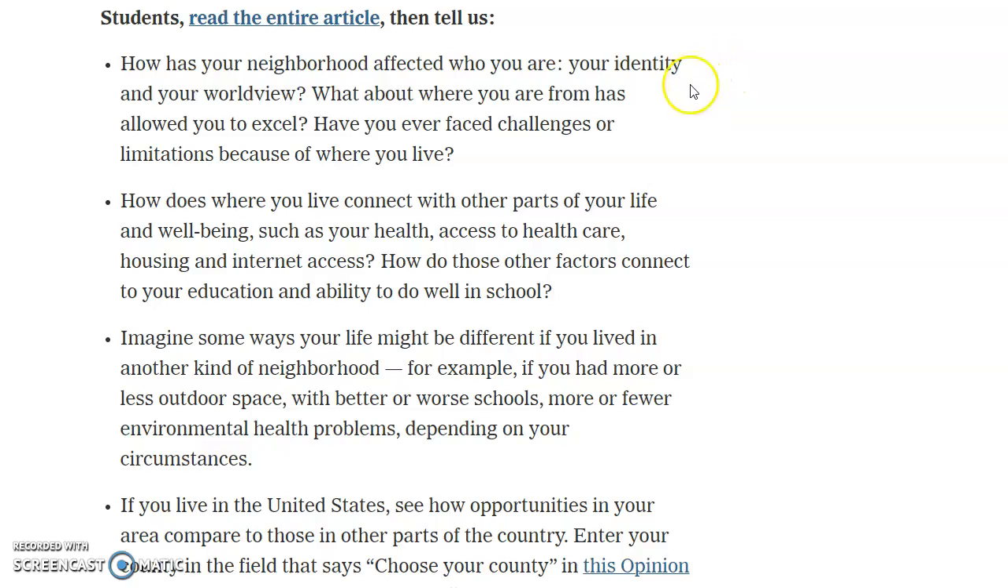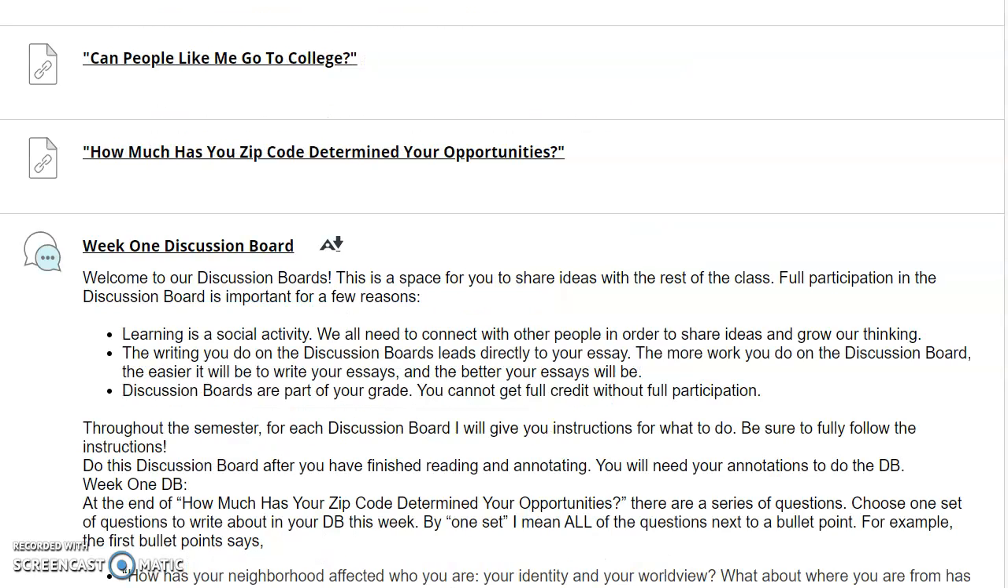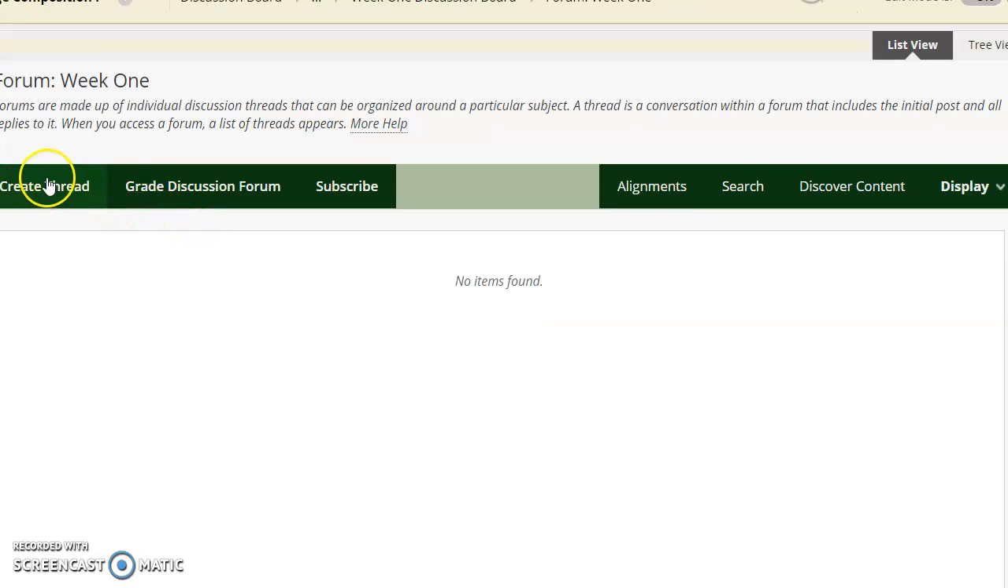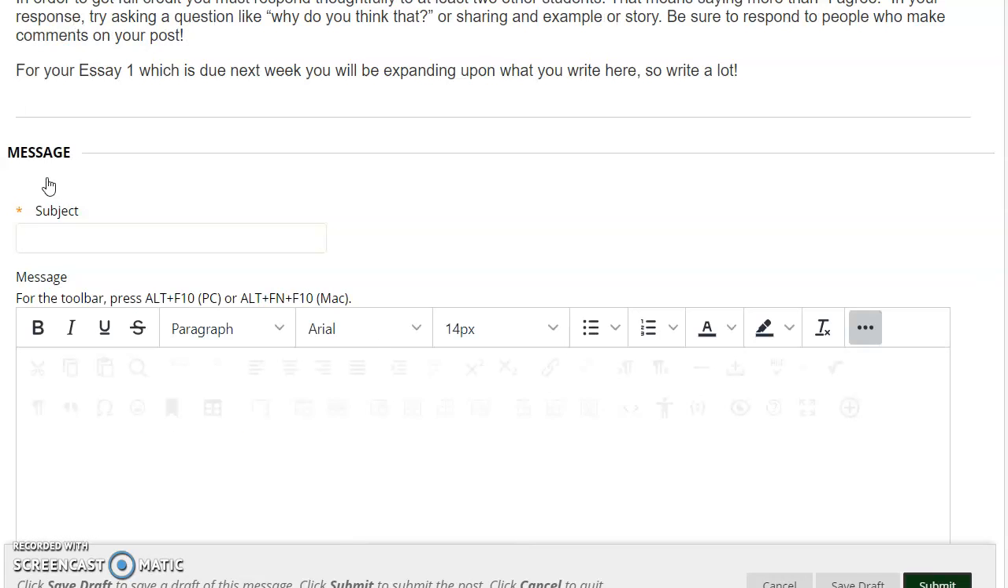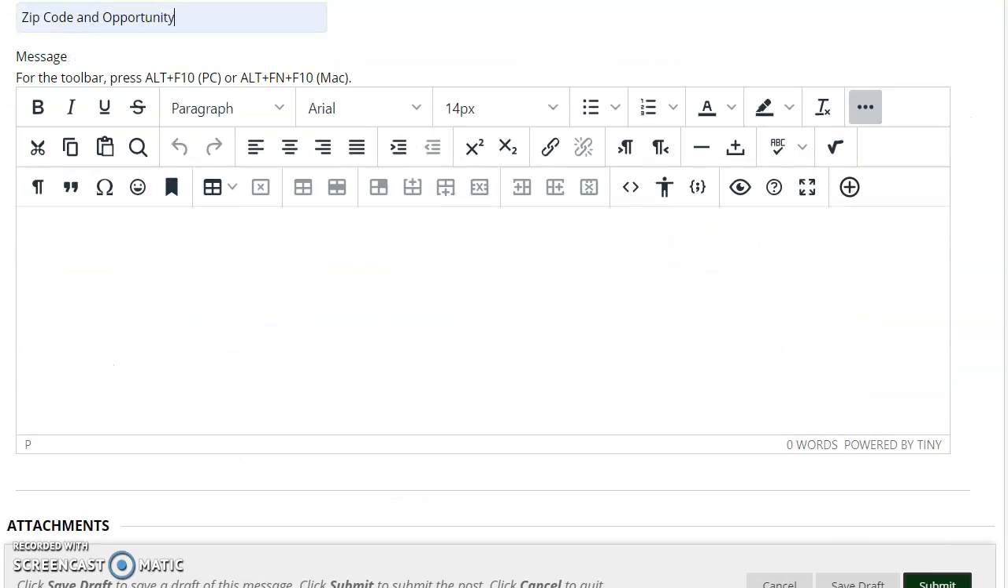So for example, let's say you wanted to answer this group of questions. You can highlight it and then do Control and the letter C to copy it. Then we're going to go back to Blackboard, and I'm going to come here to the discussion board and click on the discussion board. I'm going to do Create Thread, and give it a title like zip code and opportunity. And I'm going to come down here,